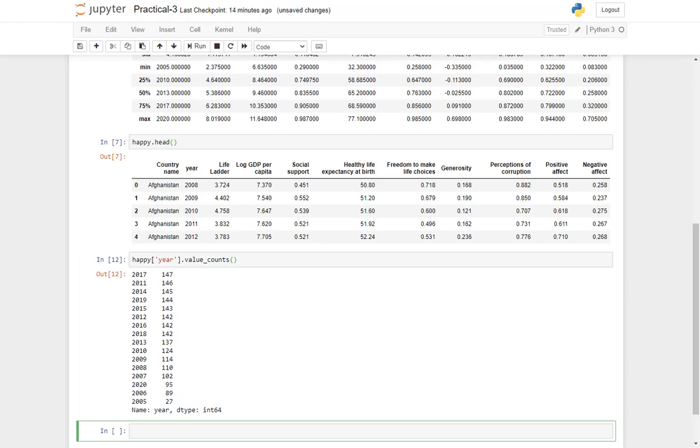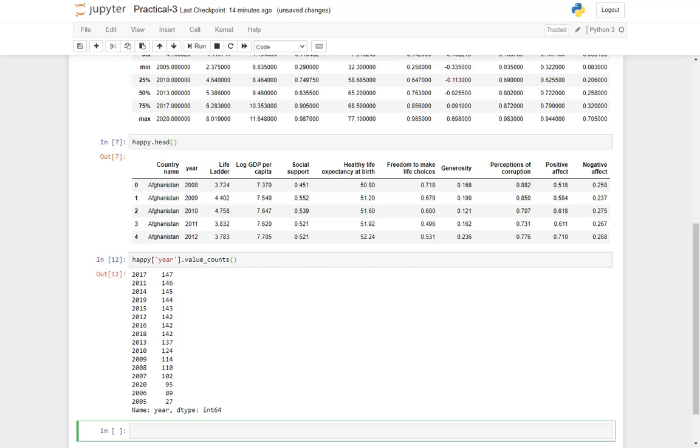Right, and let's say if I want to find out for which countries the data has been recorded in the year 2005, specifically there are 27 countries for which the data has been recorded in the year 2005.